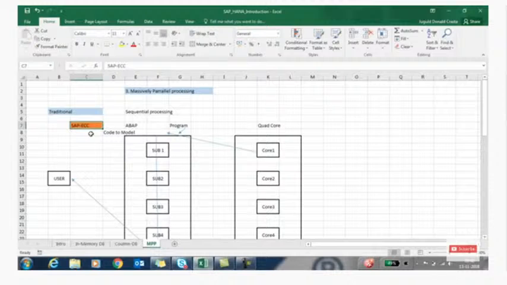It is called code to model. And traditional applications use sequential processing. That means programs are divided into sub-programs, like complex programs are divided into subs. For example, I'll give one code to process the entire program, that is sequential processing, and